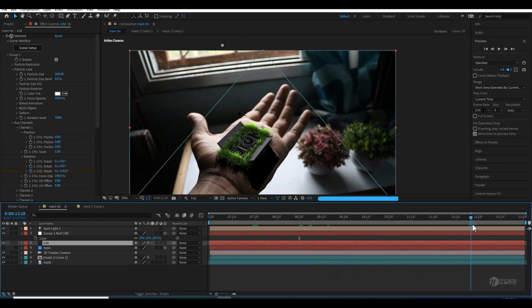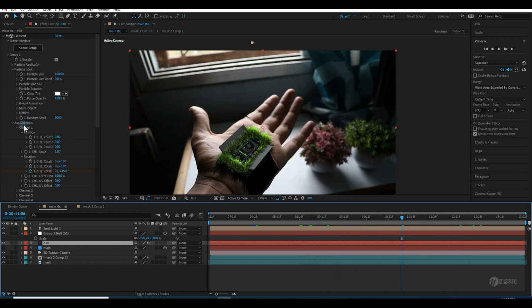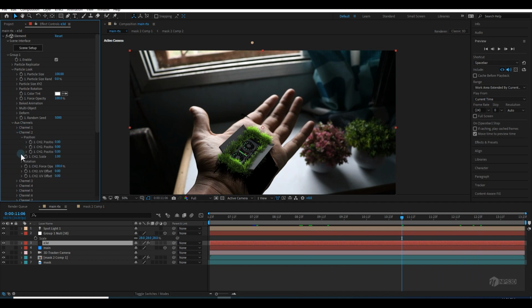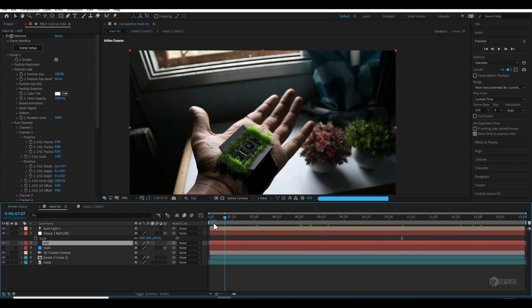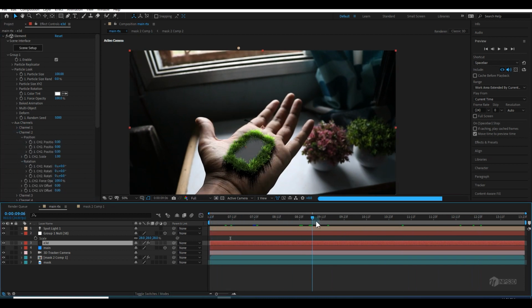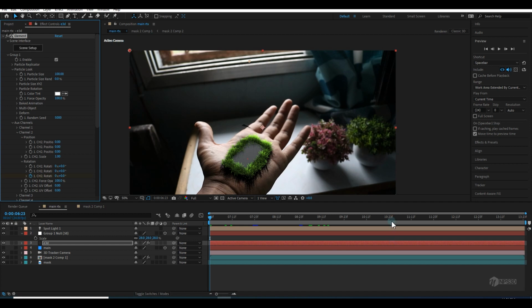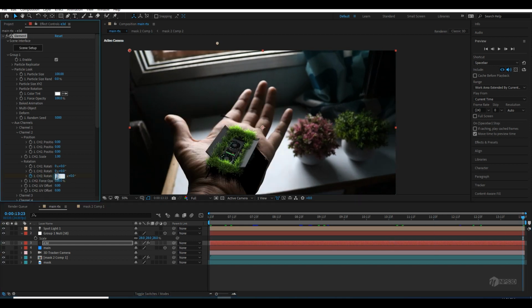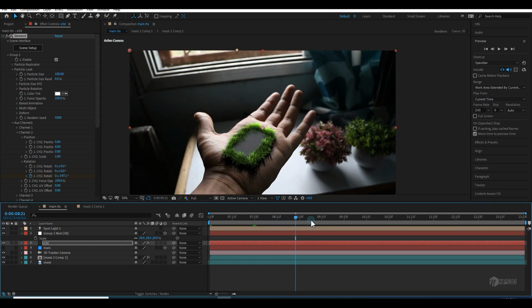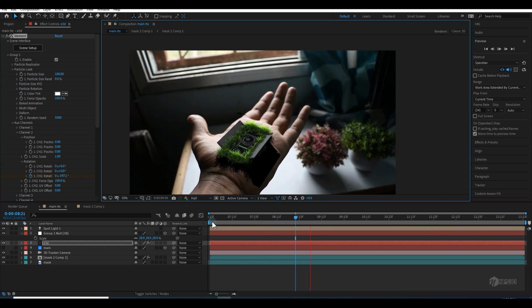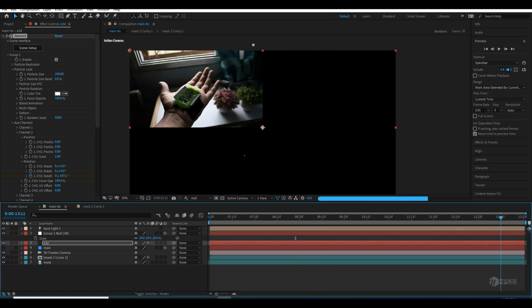And then I can go to the channel 2 and go to the rotation and rotate the Z. Let me check. This one looks right. So click the key here and let's press minus 12. You can press minus 2, so the movement will be very slow and very subtle.